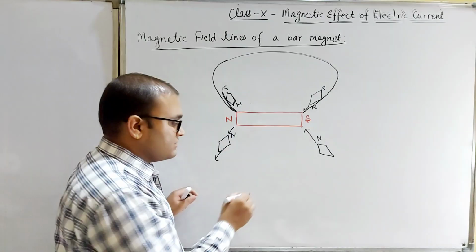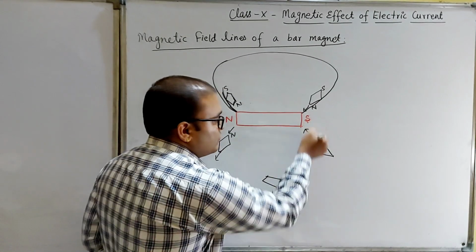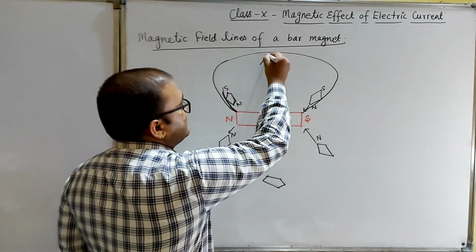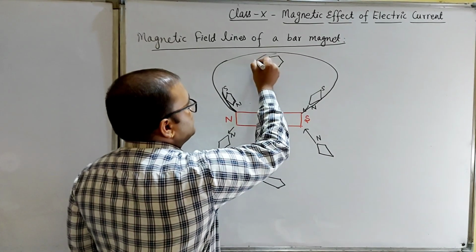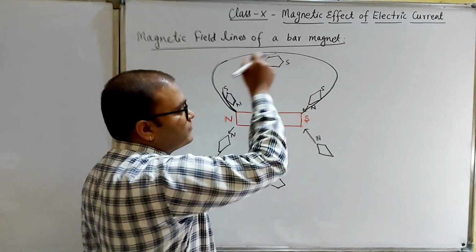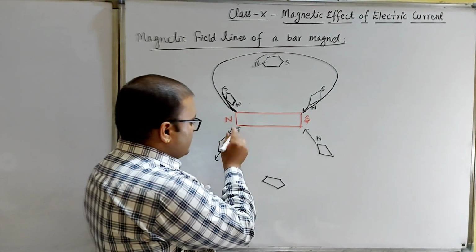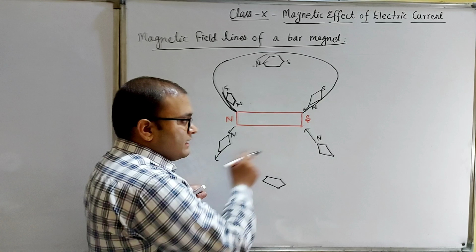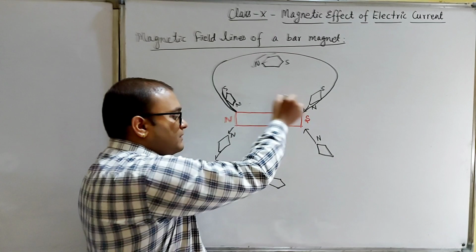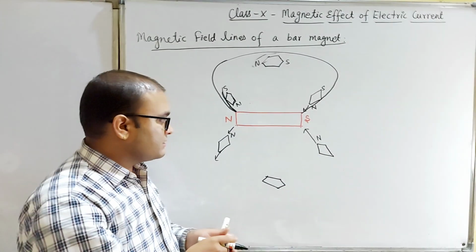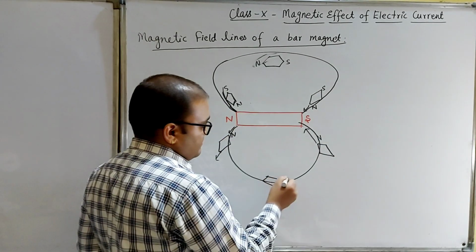In which direction? Suppose in this case the compass needle is here, the north pole will repel and the south pole will attract. And suppose I place the compass needle here, then what will happen? Suppose this is north, this is south, the north pole will repel and the south pole will attract. That's why the magnetic field line is like this. Here the north pole is repelled by this one, and here the south pole is attracting the north pole. So how will the magnetic north of the compass needle move? It will move like this. So this will be the magnetic field line.